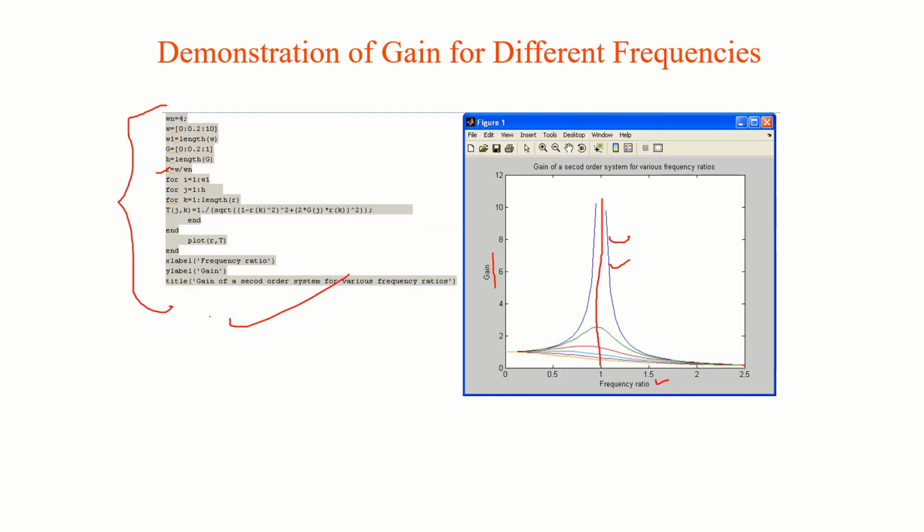So we have understood now how exactly first order systems respond to stimuli and the second order system. Now as we are building up, things are becoming complex. Please understand, it's very important to know the root location and how exactly system behavior is connected with the location of roots on S-plane. So it should be very clear to you. In the meantime, learn how to use MATLAB and Simulink to simulate this. With this, thank you.